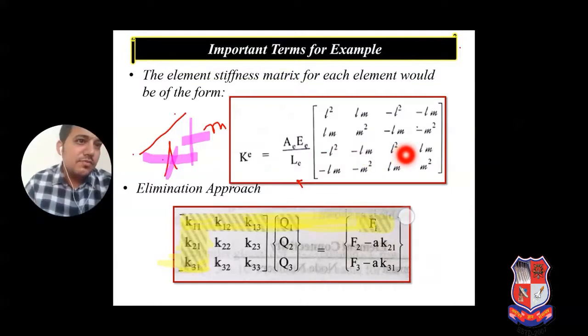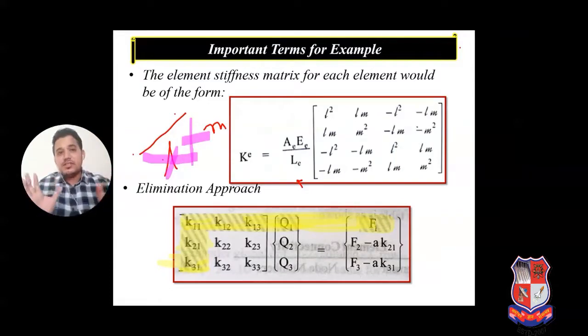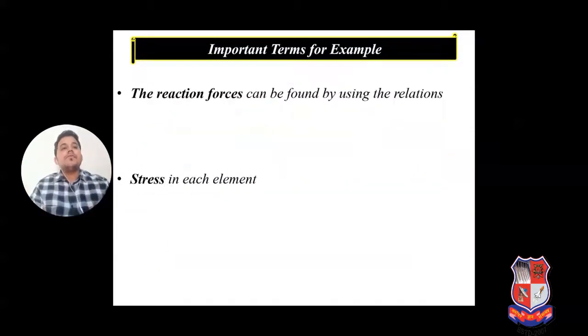Keep in your mind, these are the most important things. Okay, let's go ahead. Another is the elementary approach. When we are doing the truss analysis, at that time the global stiffness matrix will be very large, and at that time we have to keep in our mind the elementary approach, because by applying this elementary approach we just have to find out the free deflection. This is the most important term, and we are applying the elementary approach in a big manner. Okay, let's go ahead.